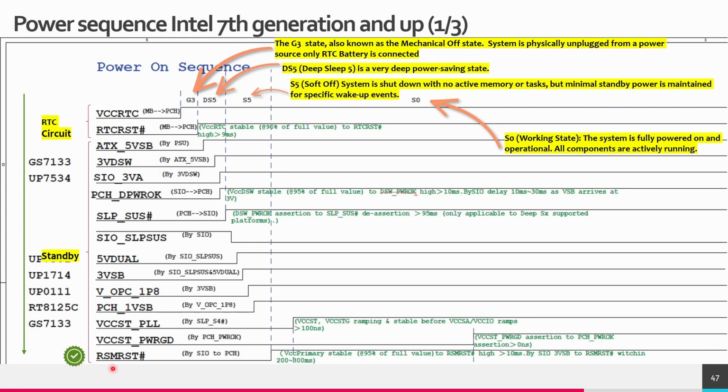The reset master signal is the last signal that is needed in this standby sequence. A high reset master signal means that the system is stable and no reset or resume operations are currently happening. So basically the system is waiting for an event to trigger a transition from the standby state to an active or awake state. So it is waiting for an event like the power button or the reset button that has